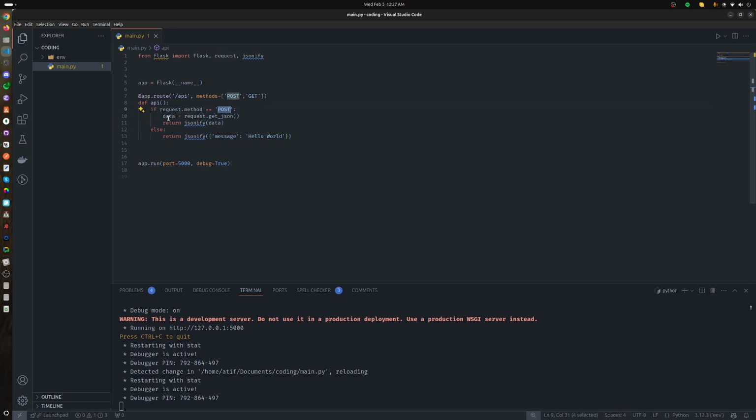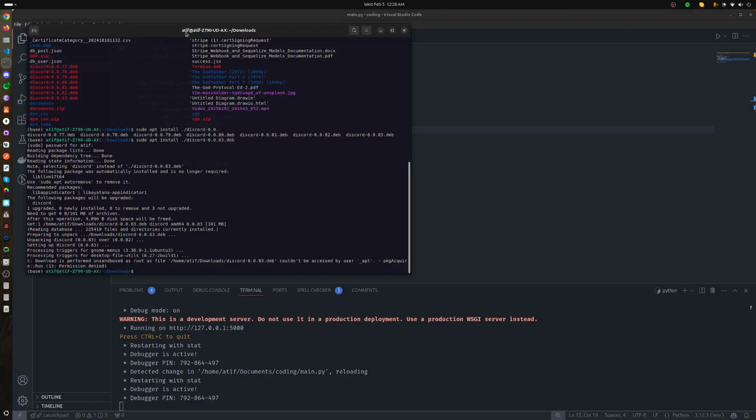So you can see in the case of post, it has written this request.get_json, which I will come to later on. But for now, we will only be looking in our get method at what it will do when the request type is get. So in that case, it will go inside the else part. You can see it simply returns the JSON. Now I will go ahead